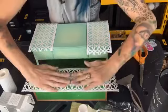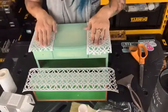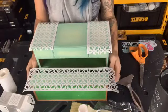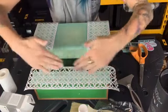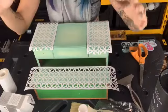All right, so that's my bottom drawer, and I think that's all we're going to do. I don't want to get carried away with my bling bling, you know. I'm extra, but there's a stopping point. Okay, so that's on there really well. Now, we're going to...